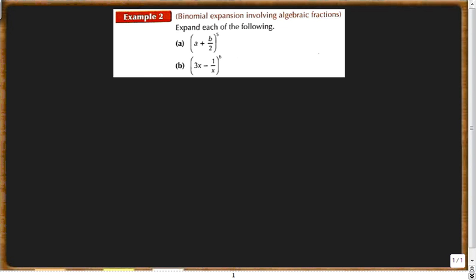Example 2 asks us to expand each of the following. So we have a plus b over 2 to the 5th as our first option. If it's to the 5th power, that means that we are going down in our Pascal's triangle row, because you got to think about all the different combinations of the crossovers of these multiplications. So if we make our Pascal's triangle,